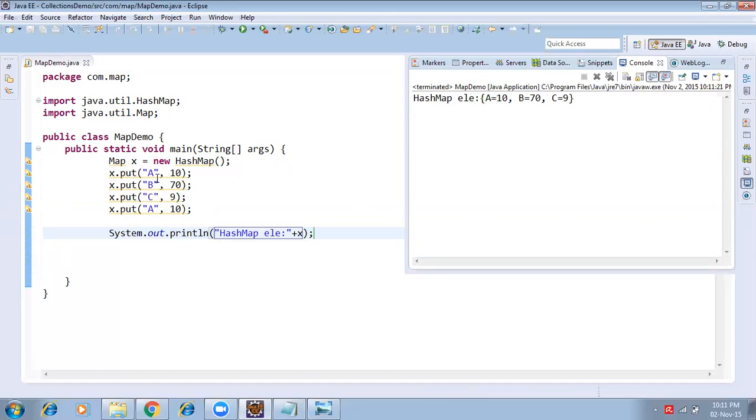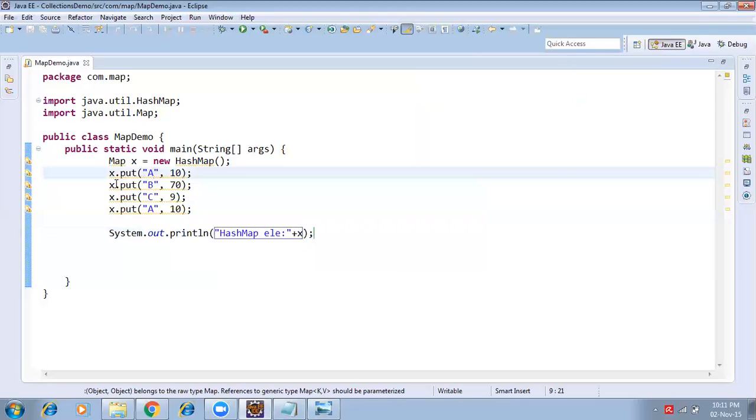Here we can notice one thing. A is repeated twice, but in the output we can see